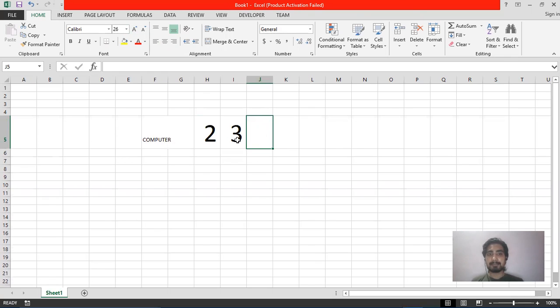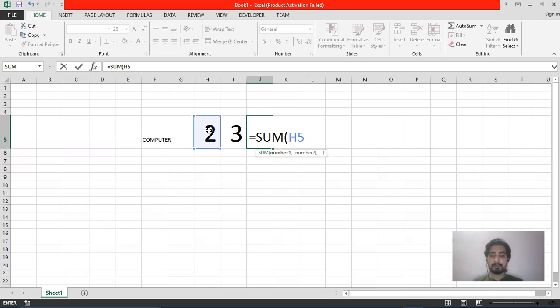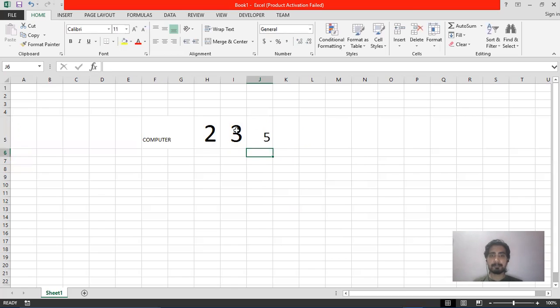So in this cell, we will add these two numbers. For that, let's write a formula equal to sum. Now in Excel, for adding two numbers, you'll have to use this formula, and in brackets you'll have to provide the cell names which you want to add. So open bracket. Now this is cell H5. So write H5, then give a comma, and then write the name of the second cell. So the second one is I5. So let's write I5, close the bracket, press enter, and you can see the result has been displayed in this